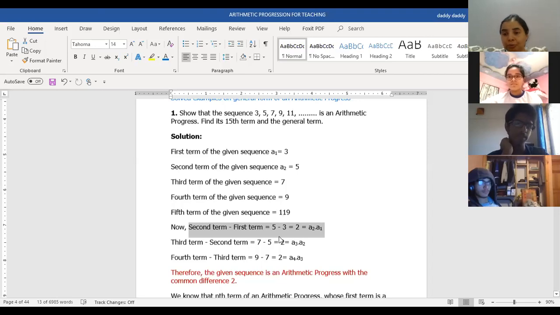Okay, you have to prove the thing. So instead of writing sentences, you can just name them and then do the subtraction thing, and then write therefore D is equal to 2.